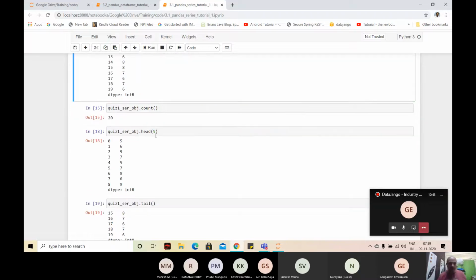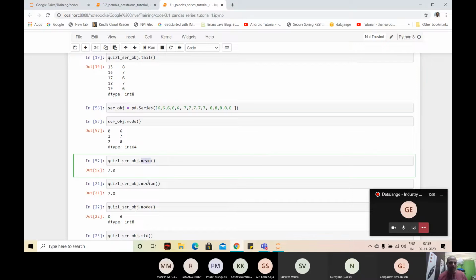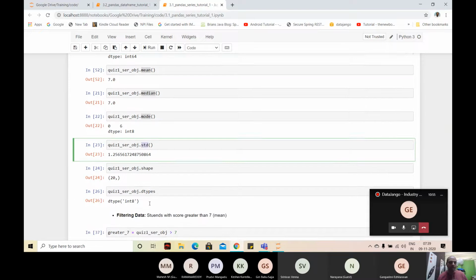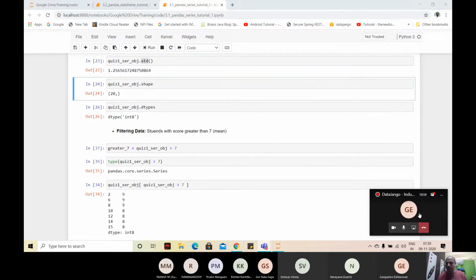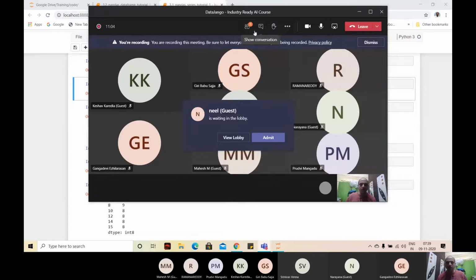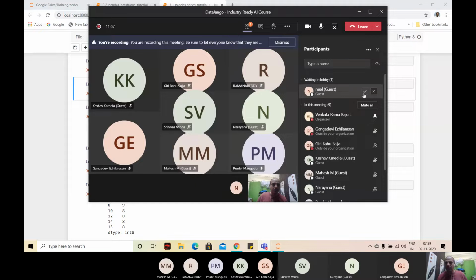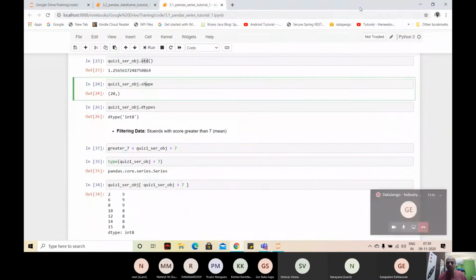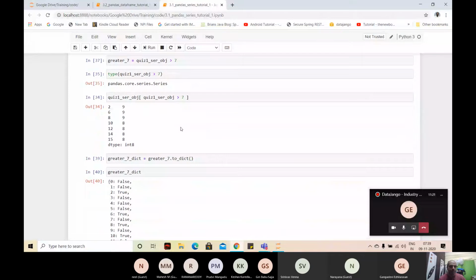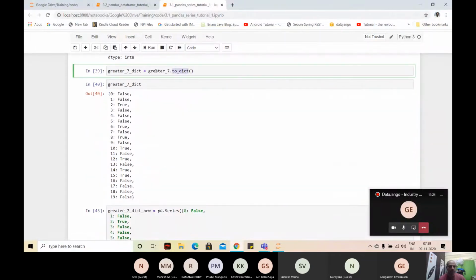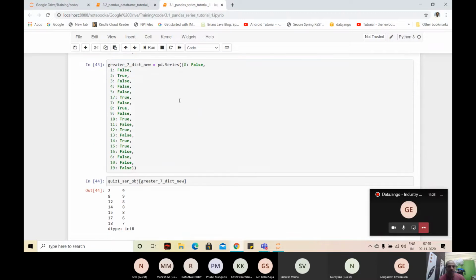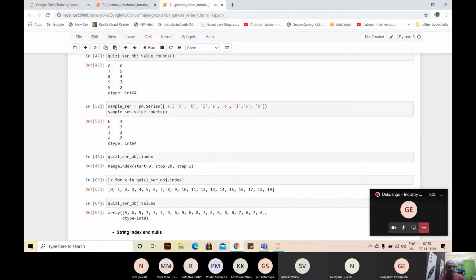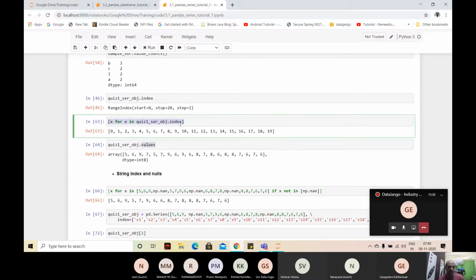Just took the series object, and there are methods like count, head, tail, mean, median, mode, standard deviation, attributes like shape, dtypes. Then we looked into the dict, a series object can be converted to dictionary, and then we looked at how to filter data, and then the values, the index,